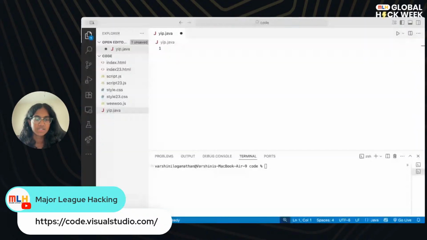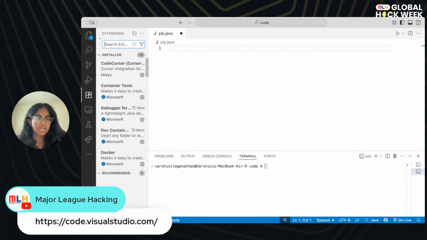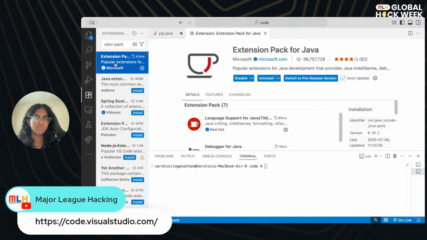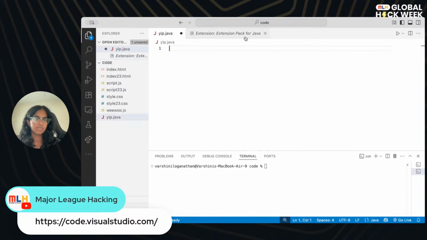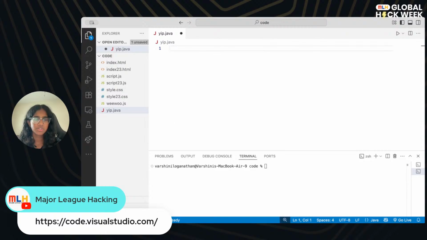Okay, so this is my VS Code tab. We're gonna go over here to this fifth icon. This is the extensions tab, and we're gonna type in Java extension pack. Boom. It's gonna be my Microsoft. Obviously, I've already got it installed, but you're gonna have an install button. Just click install, and then you can create the projects and run them directly in VS Code. So that's 10 out of 10. This is the extension pack for Java by Microsoft. Those are the basic installation instructions that you'll need so far.